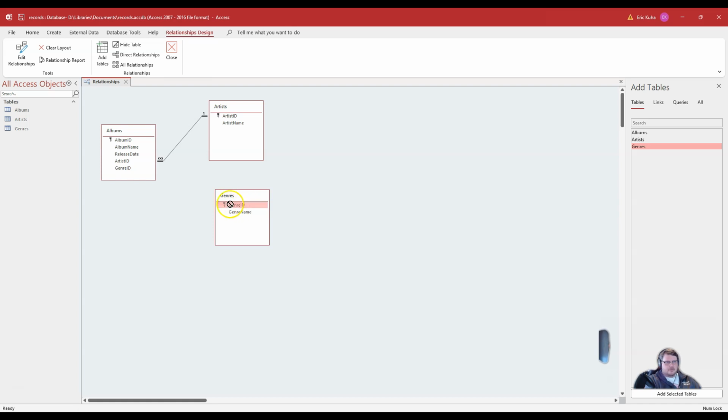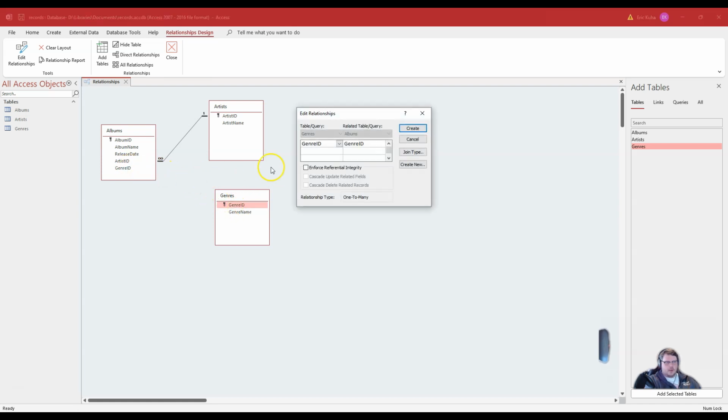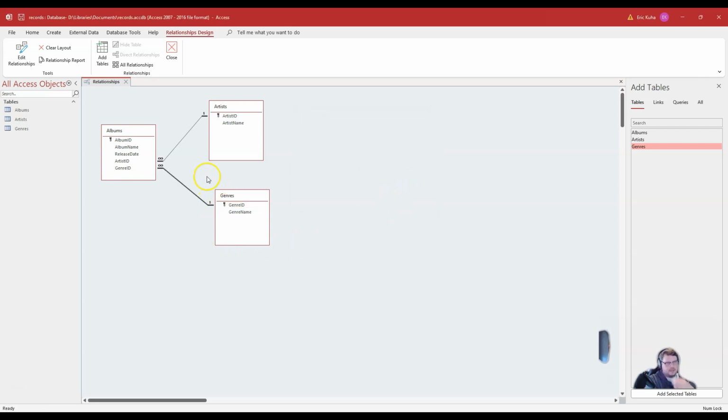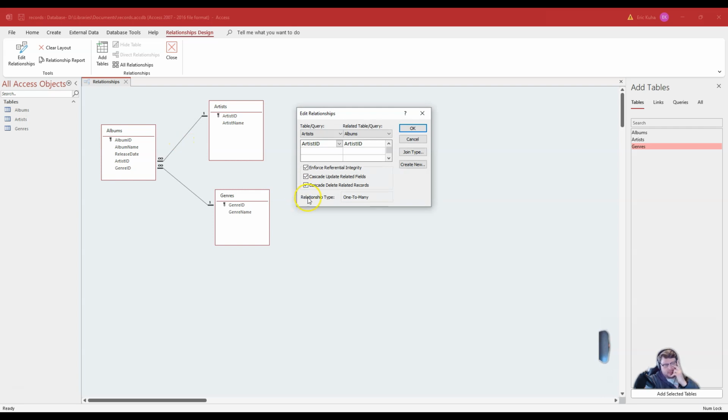All right, genre ID, we'll drag that over here and wire that one up. Enforce referential integrity, cascade update, cascade delete, create. Now, one thing you will notice is this line here has some symbology on it. There's a 1 here. In fact, let's look at this. You'll notice here that it says relationship